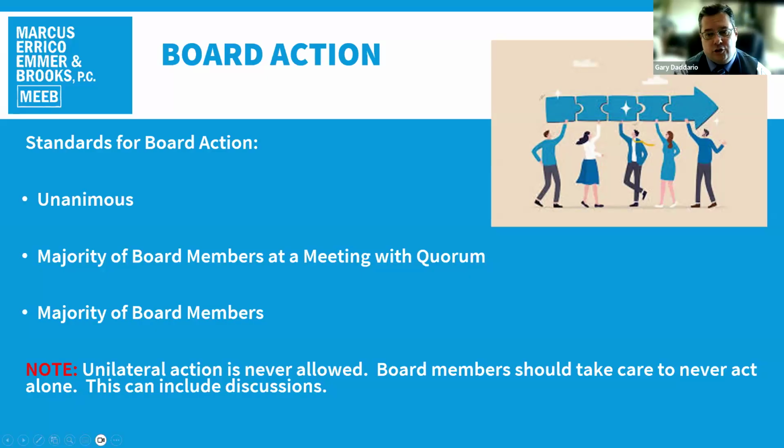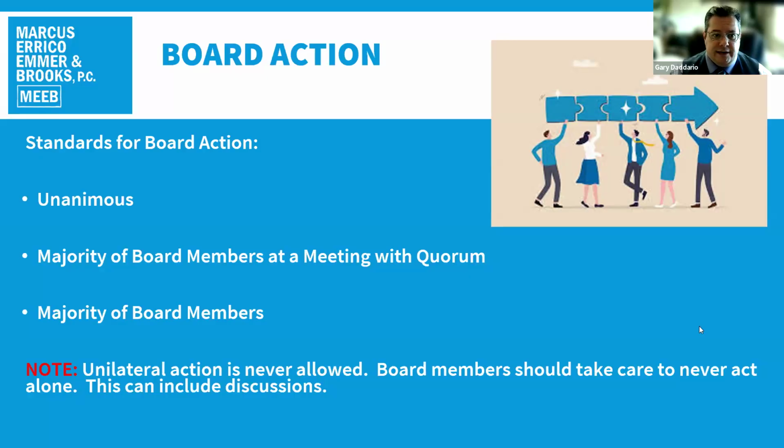Setting the board standard for action at unanimous is sort of like setting the stage for failure, because I've yet to meet a board who agrees on every issue across every member on that board. And one of the things that's nice about boards and the fact that they have multiple members, comprised of different people with different thoughts, is that you get different perspectives and different ideas. That's the benefit of a group. And so unanimous just in practice doesn't really work. Most decisions of most boards, although they will pass by majority or even heavy majority, don't pass unanimously.